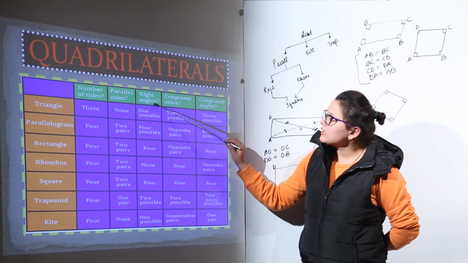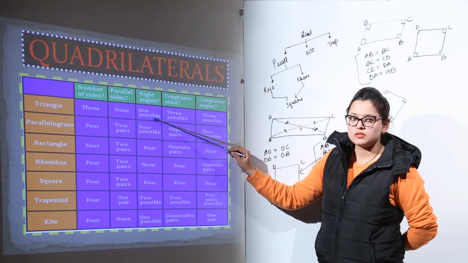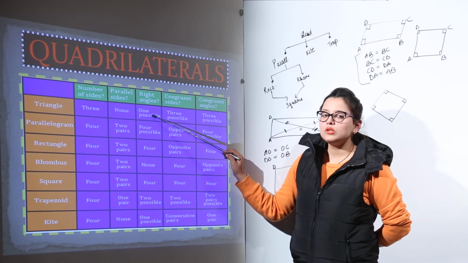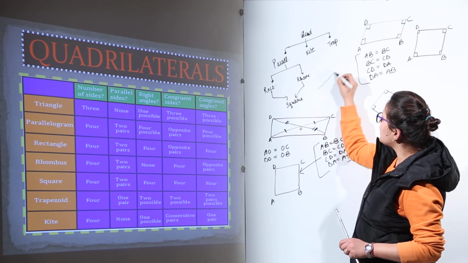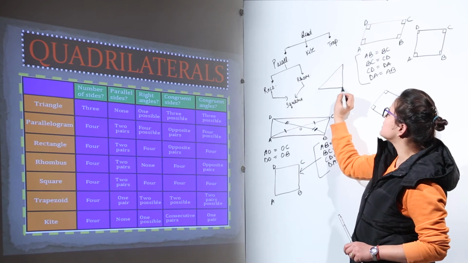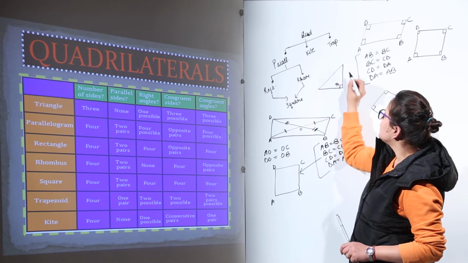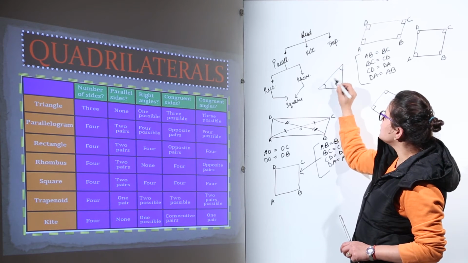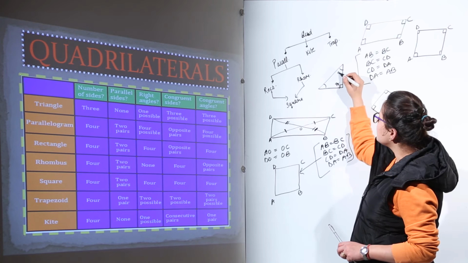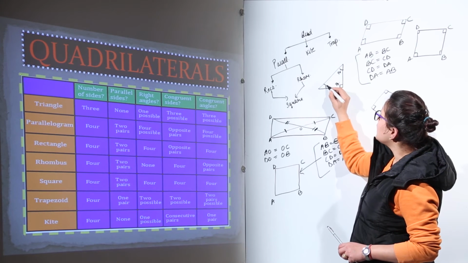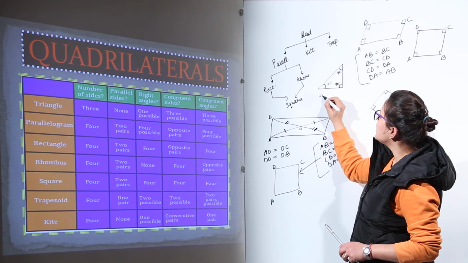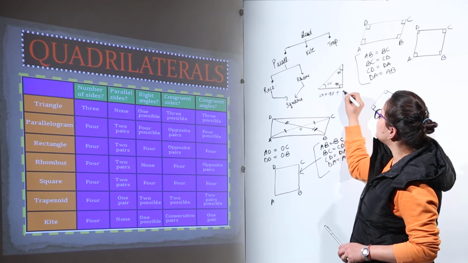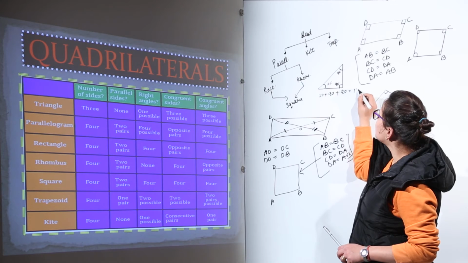Now let us compare them based on the right angles possible. In a triangle there is only one right angle possible. Why? Because if you make a triangle with one angle 90 degrees, say I have made it 90 degrees, now what about the other two? Can any other become 90? Just think, if I make this also 90 and this something like 20, this is going to be exceeding more than 180. So this angle will not be possible for me.